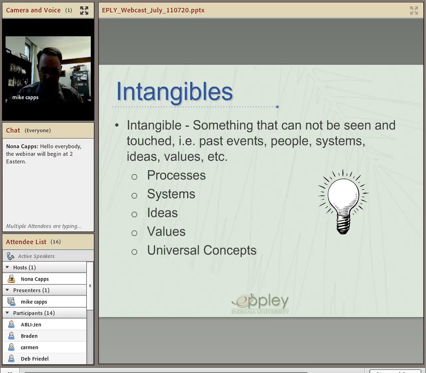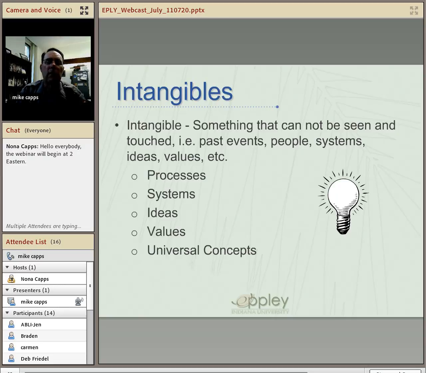Systems, biological to social systems, ideas can be intangibles, values, and they're things that people connect to or have some understanding of on some level, but the intangible meanings of the tangible resources may not necessarily be the same for each individual,